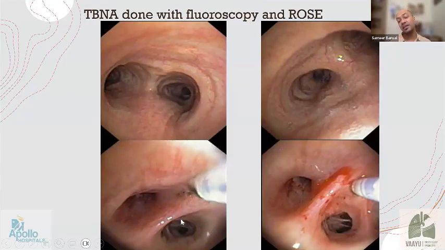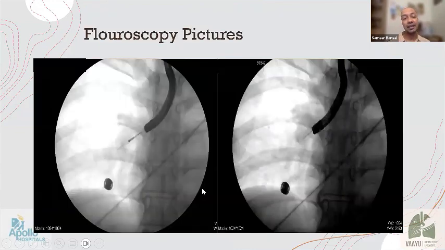And you can see the site that we selected. This is secondary carina. So we selected the site. Of course, what helped was fluoroscopy. You can see the fluoroscopy image, a faint image at the back you can see out here. And this is how the scope and the sheath and the needle is out of that particular sheath. So the fluoroscope is actually a pretty important value addition when you have these difficult locations, and really need to get